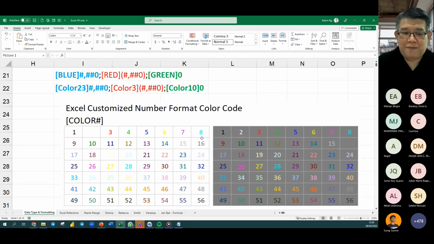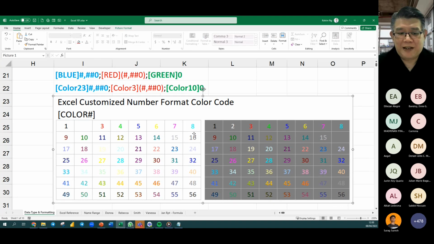This is actually a picture. What I've done here is I created this spreadsheet to show you that each cell can hold up to 56 colors. So each number represents a color. So if you put 1, it's black. If you put 2, it's white. Now, basically, the first row comes with a name. It's actually red, green, blue. Sounds familiar, right? RGB. Then